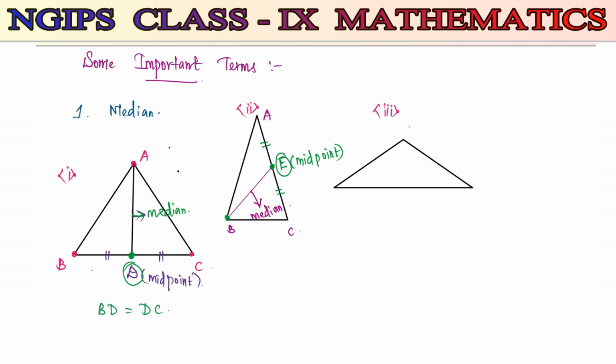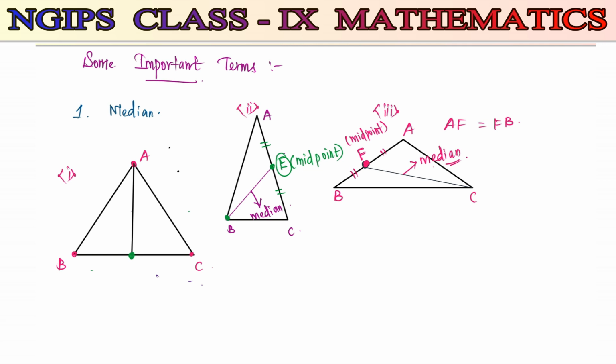A triangle, it is ABC. Now the line is drawn from C to the opposite side AB, dividing it into two equal parts. This F becomes the midpoint of AB, and the length AF is going to be equal to FB. Then this line we used to call a median. Is it clear to all what is meant by median?